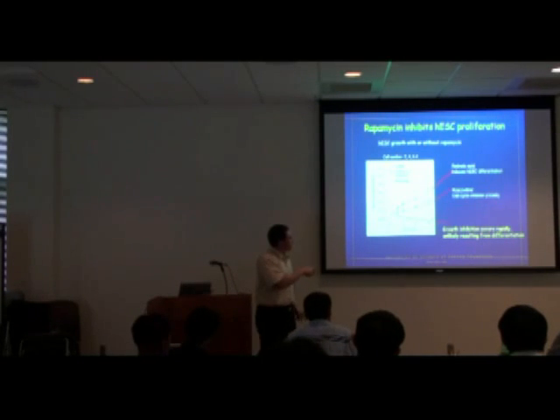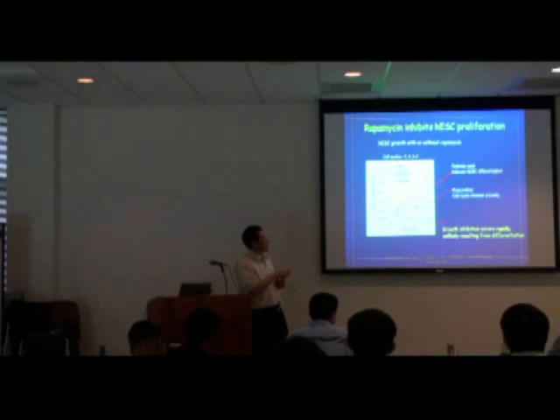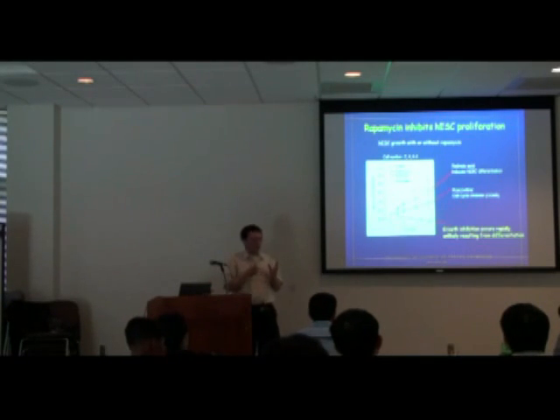And you know that this is probably not due to differentiation, because many people will argue, well, the reason you see a reduction in cell numbers is because they differentiate. When they differentiate, they don't grow, so you have a reduction. It's very unlikely to be the case, because when we use retinoic acid, which is known to induce cell differentiation, we get a different pattern. For the first 2 days, cells are going just fine, but then they show decreased growth, most likely due to the fact that cells are differentiating. We didn't see that. The inhibition on growth is very rapid. So we infer from the results that mTOR is also important for proliferation. When you take it away, cells cannot grow faster.